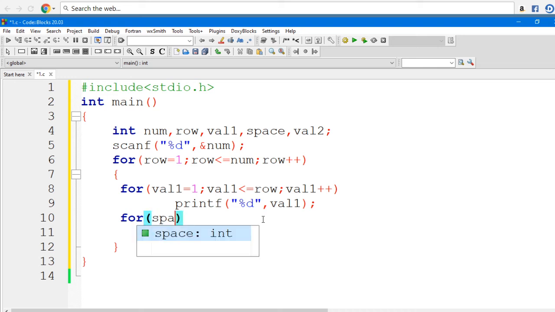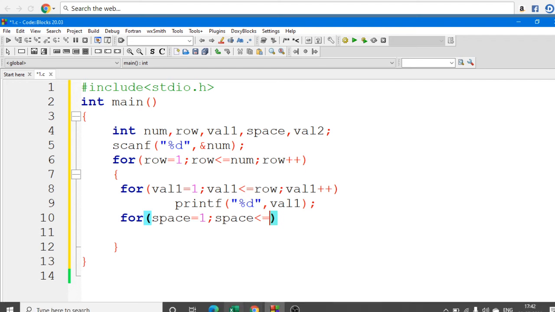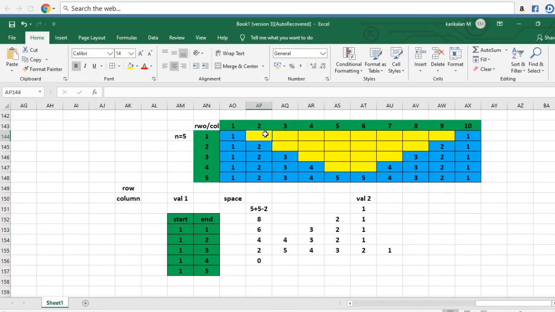Then we provide another loop for space. So here the variable name is space. Initially I provide space is equal to 1. Then my space is less than or equal to what? If you give your input as 5, in your first row you provide 8 spaces. The next rows 6, 4, 2.